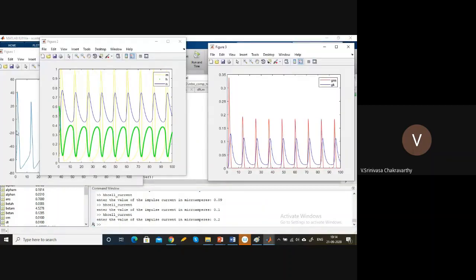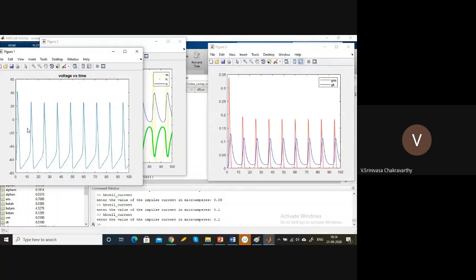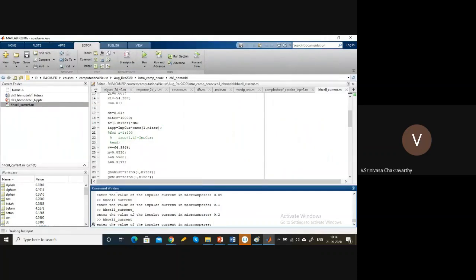0.2. You can notice something here. For lesser currents, when it is producing a series of action potentials, the peak voltage was like 30, 40 millivolts. But now as you increase the current, the frequency is definitely increasing. At the same time, the amplitude is also slightly decreasing. In a given trial, for a given current, the amplitude is fixed and the frequency is constant. But from trial to trial, compared to the smaller current, as you increase the current, the amplitude goes down. Let us increase the current further and see what happens to the amplitude.